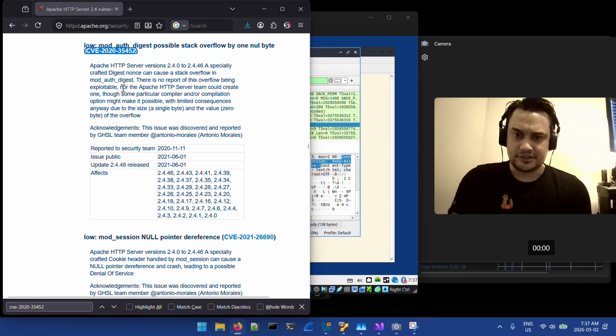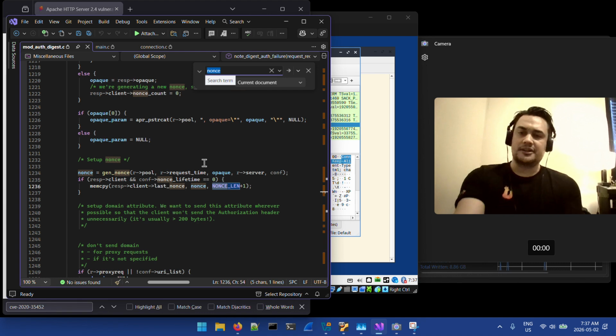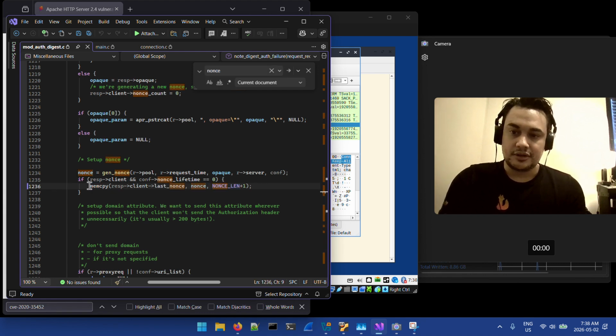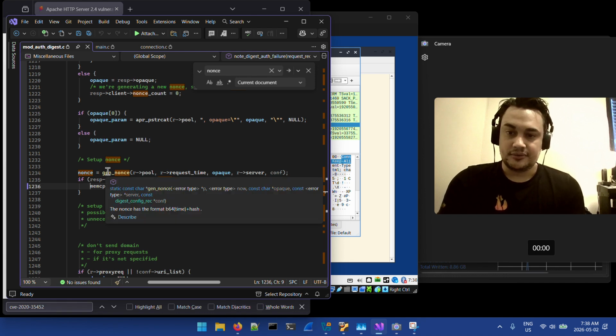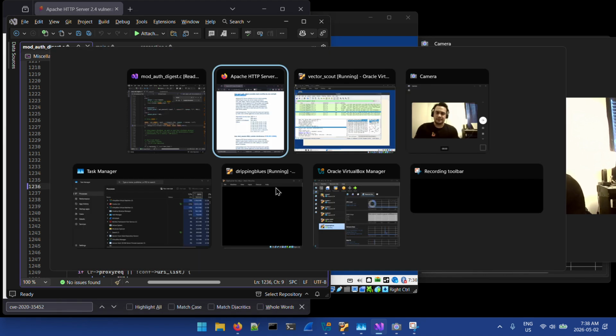And so actually I have this example here from the Apache source code of mod_auth_digest. And so what we can see here is a call to memcpy. And they use the nonce here. So they generate it from a pool with request time. And so basically, if we go back here,